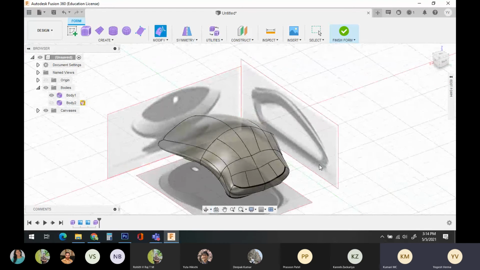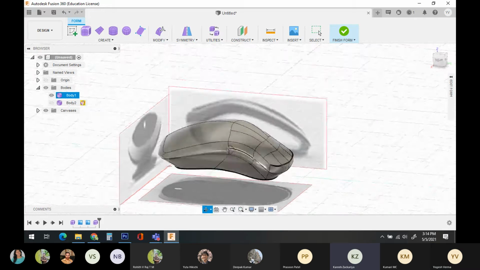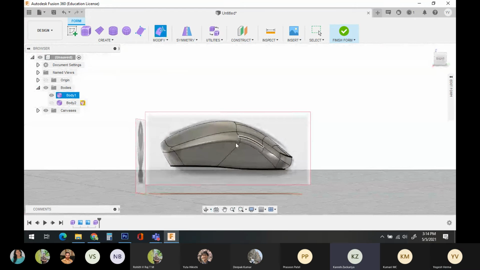So one way to do it is by increasing the number of faces where you want the void and pushing it backwards. That line you can increase more and push it backwards to create that void.